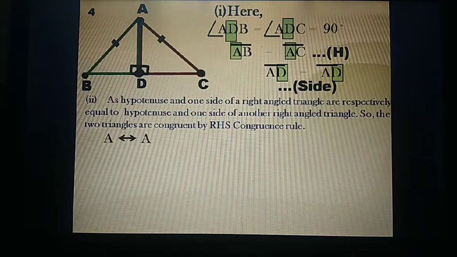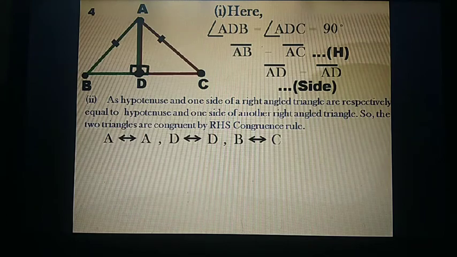And then, from the second line, we will come to know that B is equal to C. Now we are supposed to relate D. So D is related to D and B is correspondent to C. So the symbolic form you will get here is ADB is congruent to ADC.